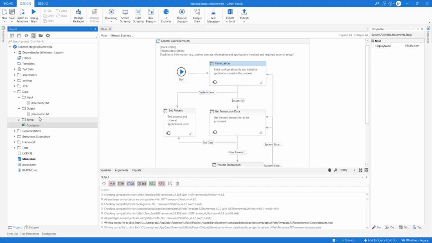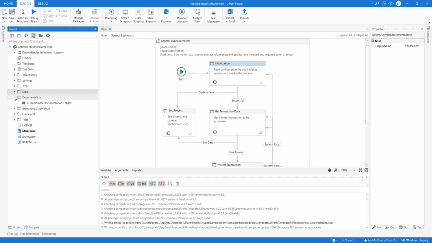We should be able to configure input, output, data, config, as many folders as we want to, and we should be able to configure it. They have given it this way. I personally don't like keeping the data in the RE Framework folder. I usually keep the data folder outside, in some SharePoint location, so that it is separated from the code. And that's what UiPath also suggests. But for the sake of simplicity in the demonstration, they have kept it here.